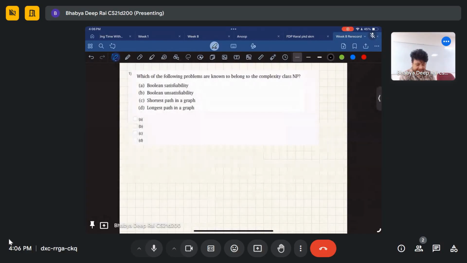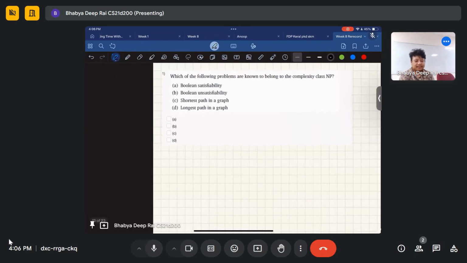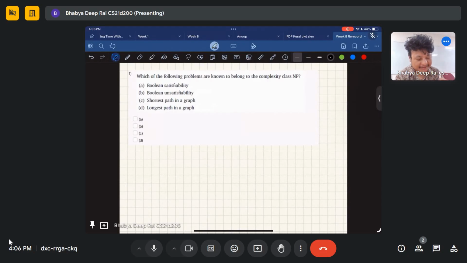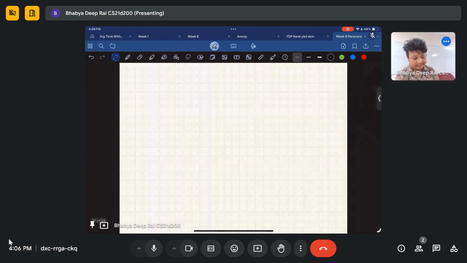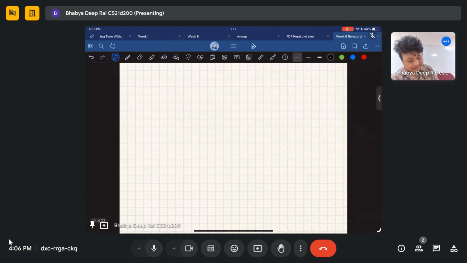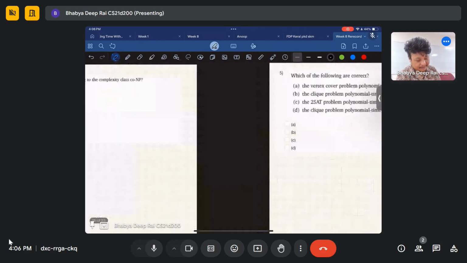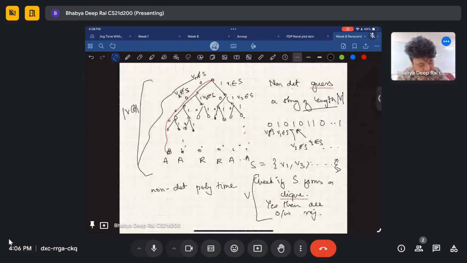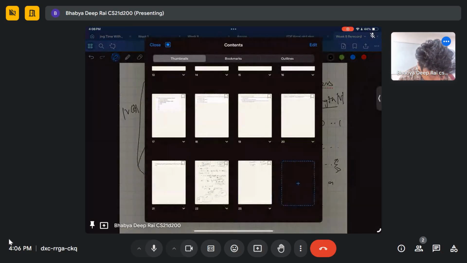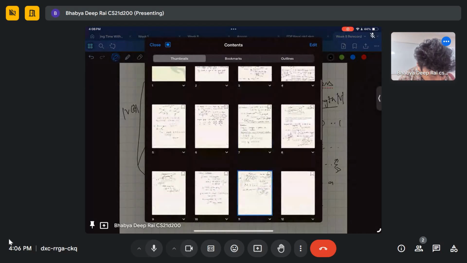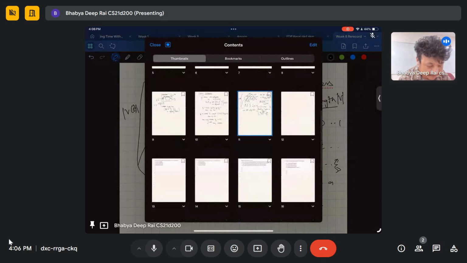Now that we have that, we'll start with the assignment questions for the previous week. Question says, which of the following problems are known to belong to the complexity class NP? Oh, by the way, I should be having a note here somewhere. Okay, it's not here. I don't have it here, but